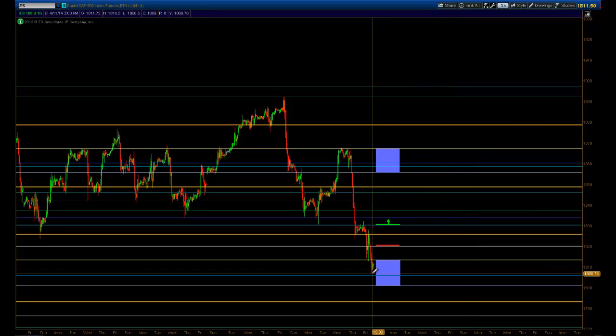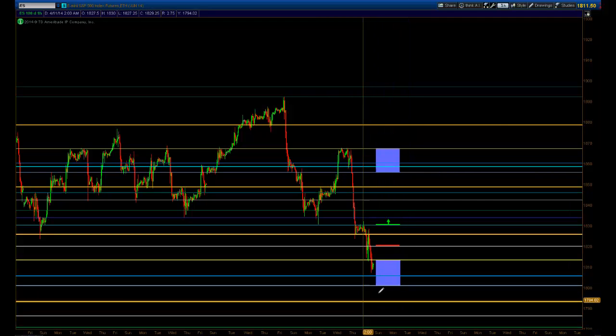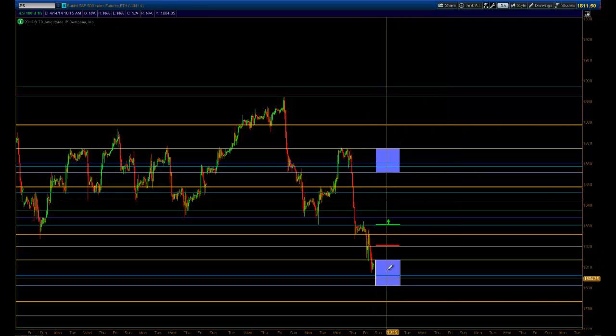If this thing does move lower, and I'd preferably like to see a gap down Sunday, Monday, maybe to the 1793, 1780, somewhere in there, then I would think that this thing stays below 1820 and heads even lower. If this thing does start to support here, which is a support that I've been looking at